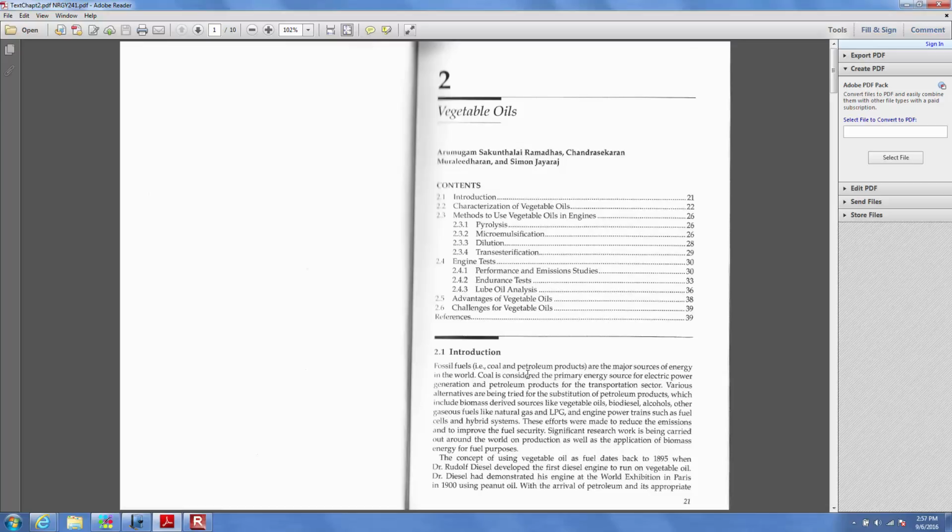But we can look at vegetable oil, because vegetable oil is actually very, very close to diesel fuel, and it's not like this is a new idea that we've just started in the past 20 or 30 years. Actually, when the very first diesel engine came out back in 1895, Dr. Rudolf Diesel, who developed the diesel engine, ran it on peanut oil or vegetable oil,